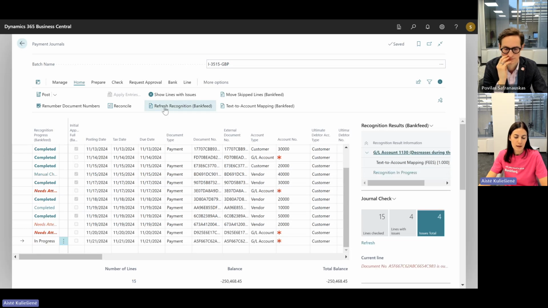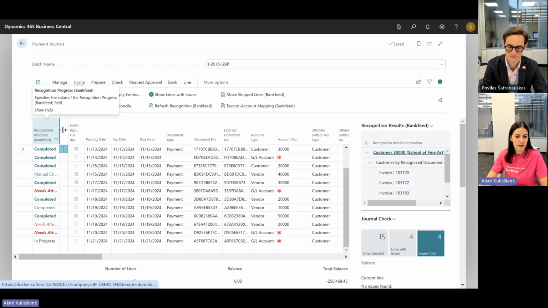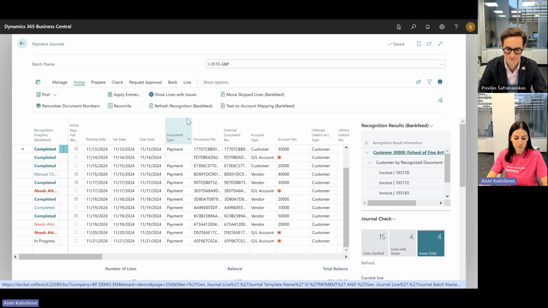So what we have to do, we need to select this line and press refresh recognition bank feed. Only selected and not manually changed lines will be updated. So if you need to refresh recognition for all the lines, you need to select more and select all the lines. To see the result, we need to press F5.